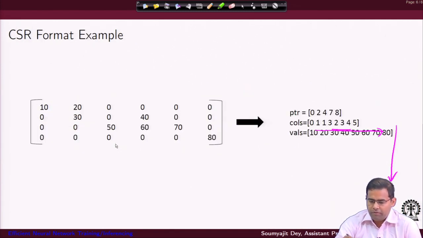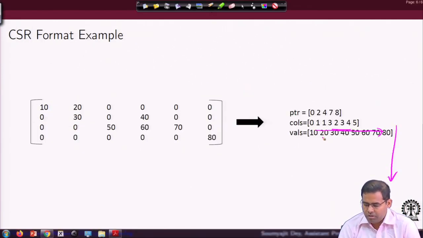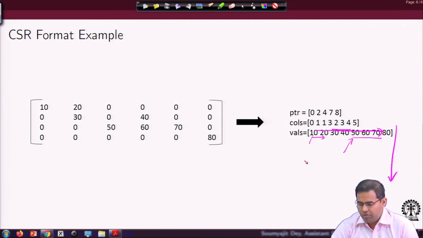So, if we go back to this example, let us say you have started here from 0, you are here, then you are just following the value matrix row wise, right. So, all that you need is the start position, where to start. For example, 50, 60, 70, they are in a row, you get the idea that you have to start here. And then you are just following the elements in the value matrix, and while you follow them you are also hopping over the corresponding columns in the column matrix. I hope this is clear.